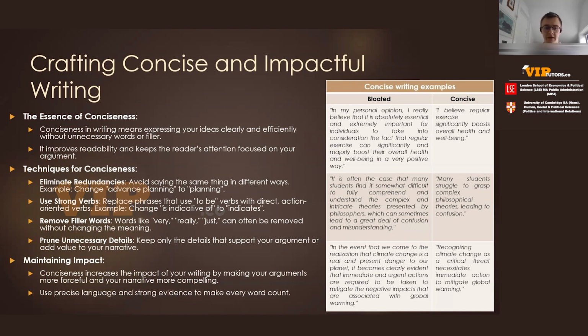I think when we're thinking about cutting down our essay, it can be a bit scary because we're thinking, how do I maintain my impact? How do I make sure that my writing is still impactful, even if it's shorter? But I think here, impactful writing is what resonates with the reader. It's achieved through clarity and also through conciseness and the power of your arguments. When you're concise, your main arguments stand out more and they grab the reader's attention. That's why I think conciseness is not at odds with impact. It's actually a reinforcing characteristic.